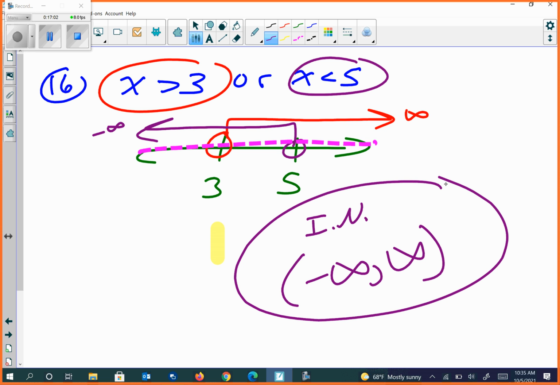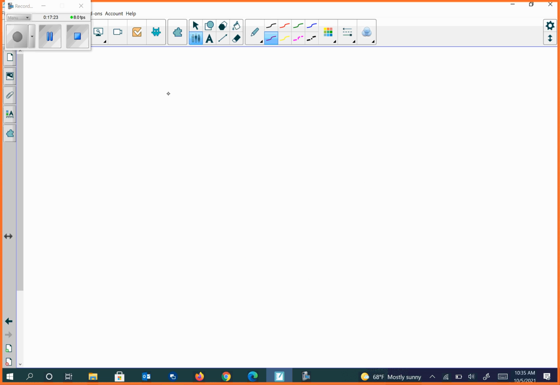So remember, the or statements are like you had 2 different ways of doing something. You could punch in a key code or you could use a key. So they'll both get you in. Yes, ma'am? So if it's overlapping, would it always be...? Yeah, there are some. Let's see, let's say